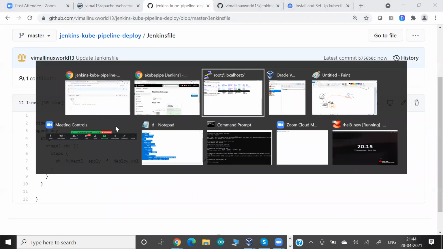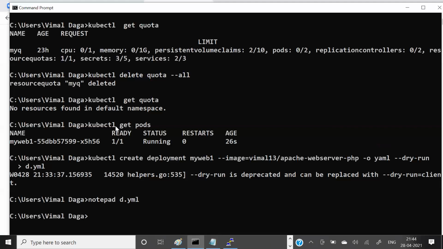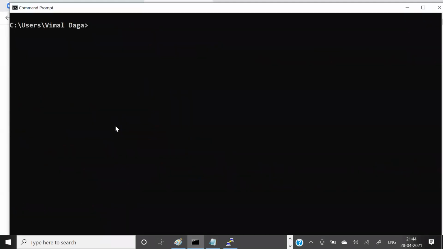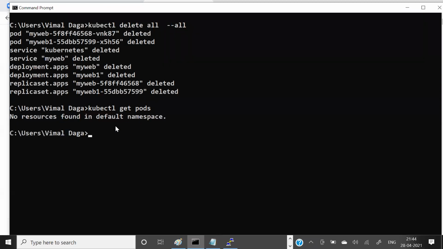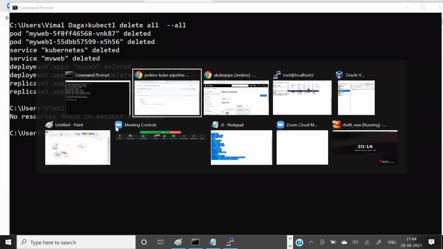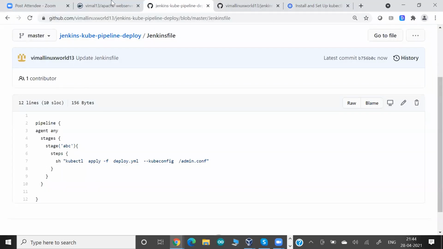But before I show you, let me go to my command line on Windows, and let me delete everything, so everything would be clean. So you can see the difference, right? That something has been launched from our Jenkins. So I'm cleaning everything. In my Kubernetes, I don't have any deployment or pod. Nothing is there. Now what happened? As soon as I run my